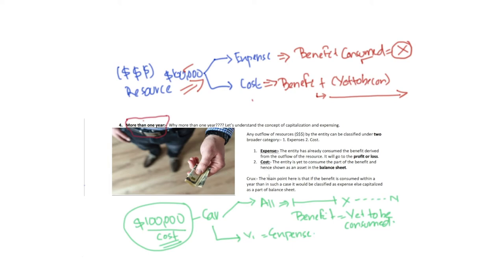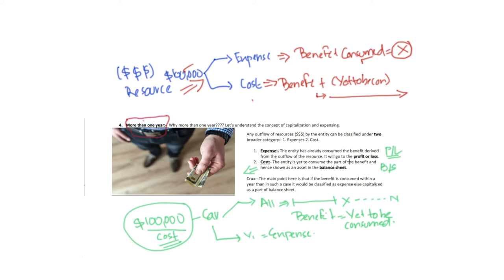And if it is a cost, which means the benefit is yet to be realized, it will go to the balance sheet as an asset, and I would be able to disclose that, for example, $100,000 of benefit is expected to be received from a particular asset